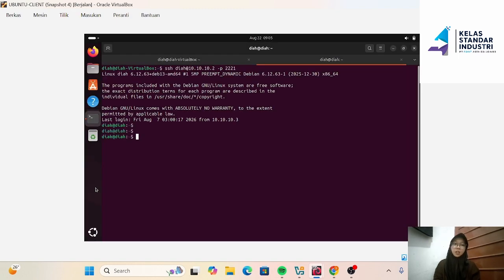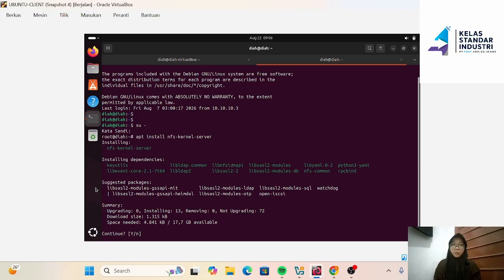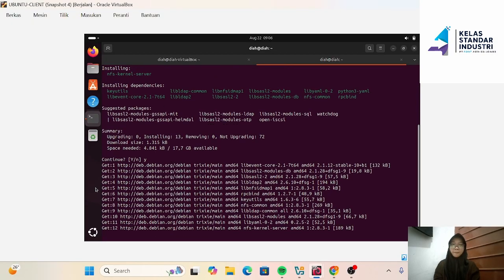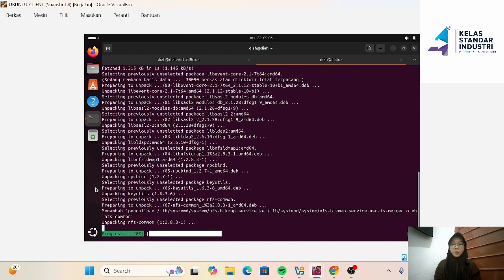Since server 1 is running Debian, switch to root first using su -. After that, run the command to install NFS by typing. Wait for the process and when prompted, press Y and wait until the installation is complete.